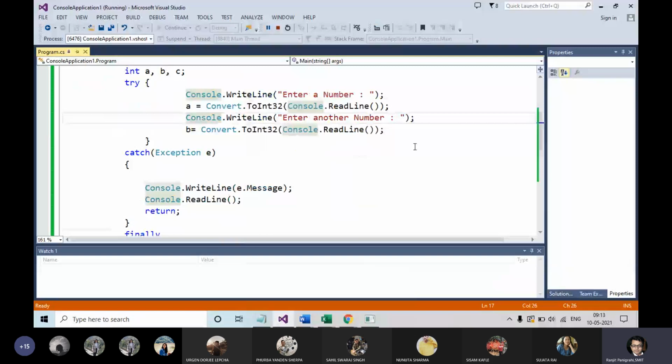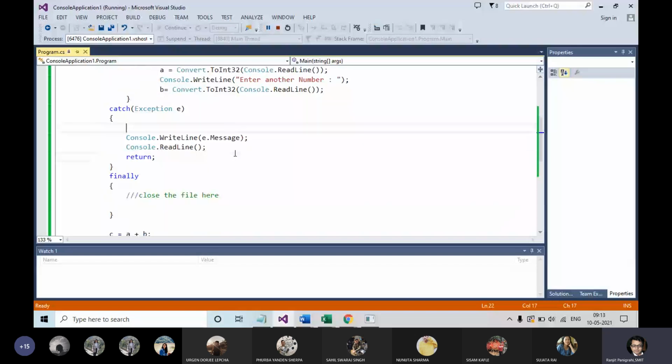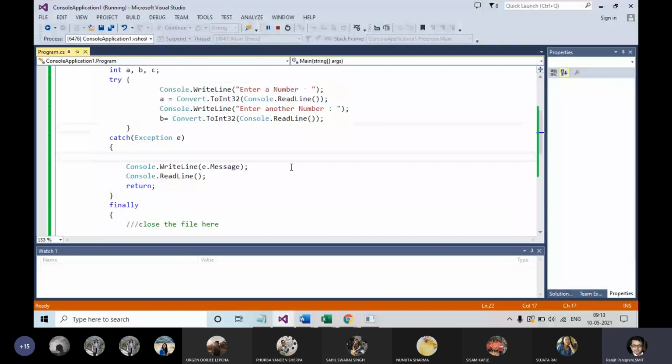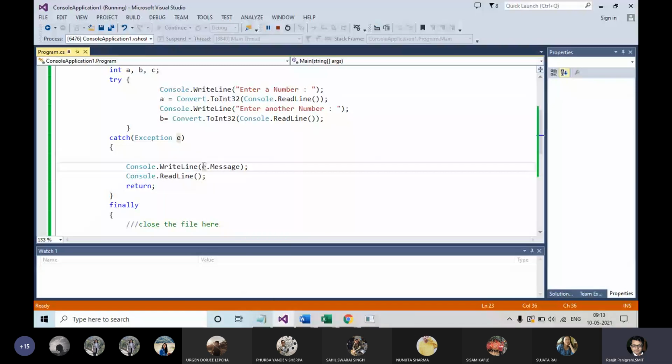No. Here I have not written input string was. So where did you get this message? You got this message from e, that is e dot message. Basically this one it is printing: input string was not in a correct format.